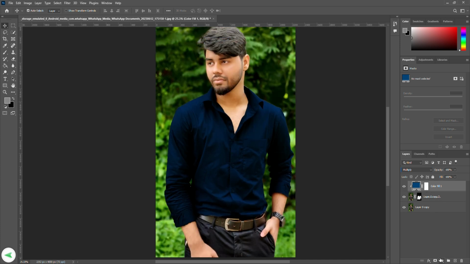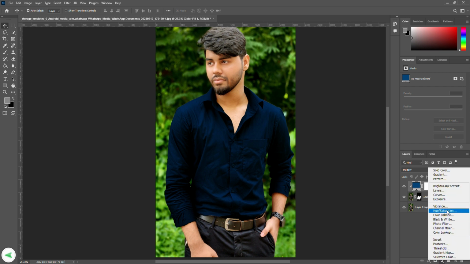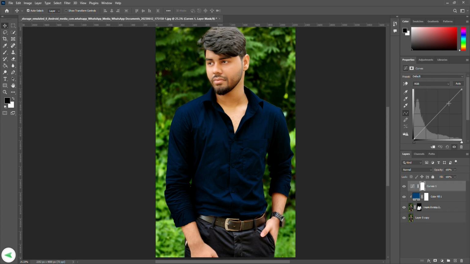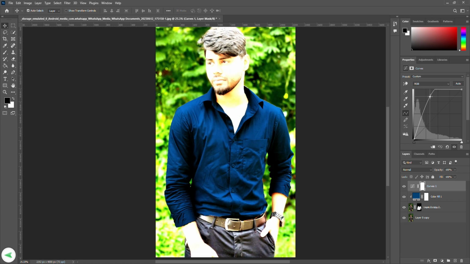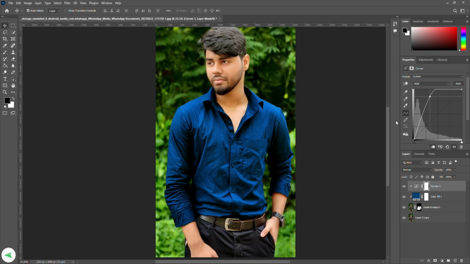So now let's add some curves for more highlights. Just create some highlights by dragging it, and now make it a clipping mask. So the highlights are already clipped onto the color,